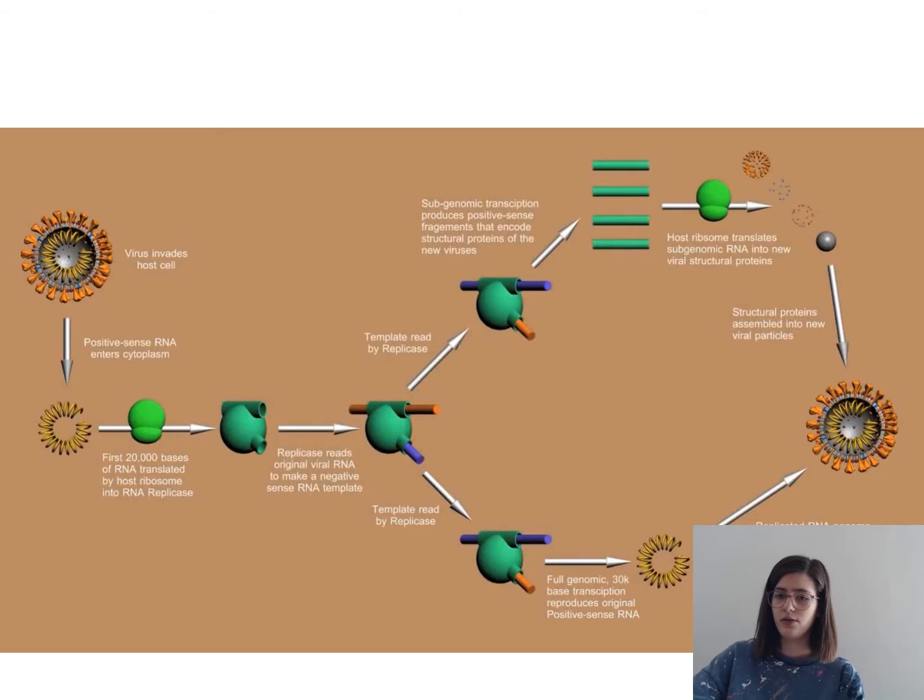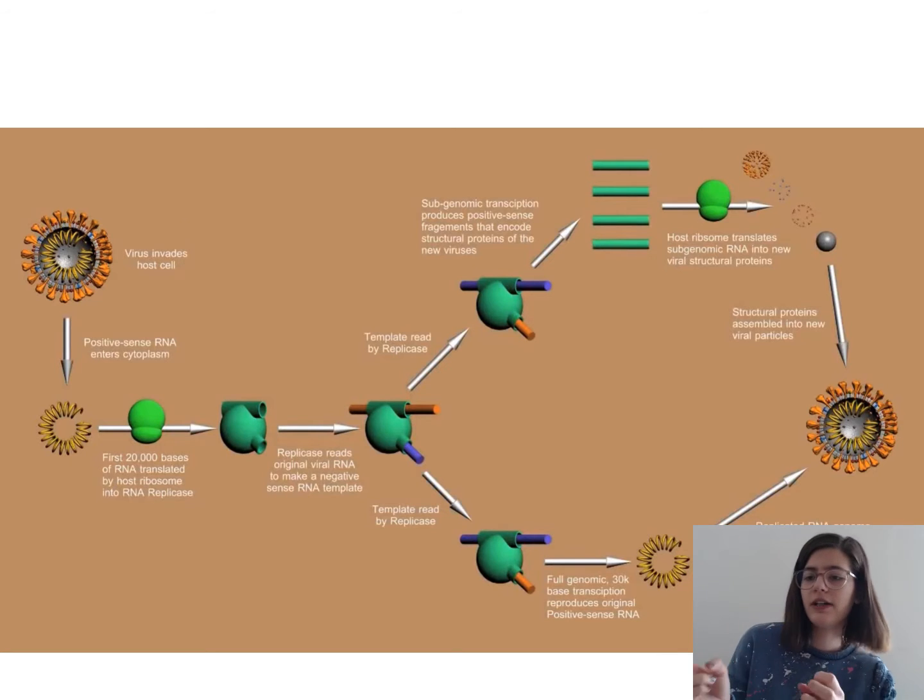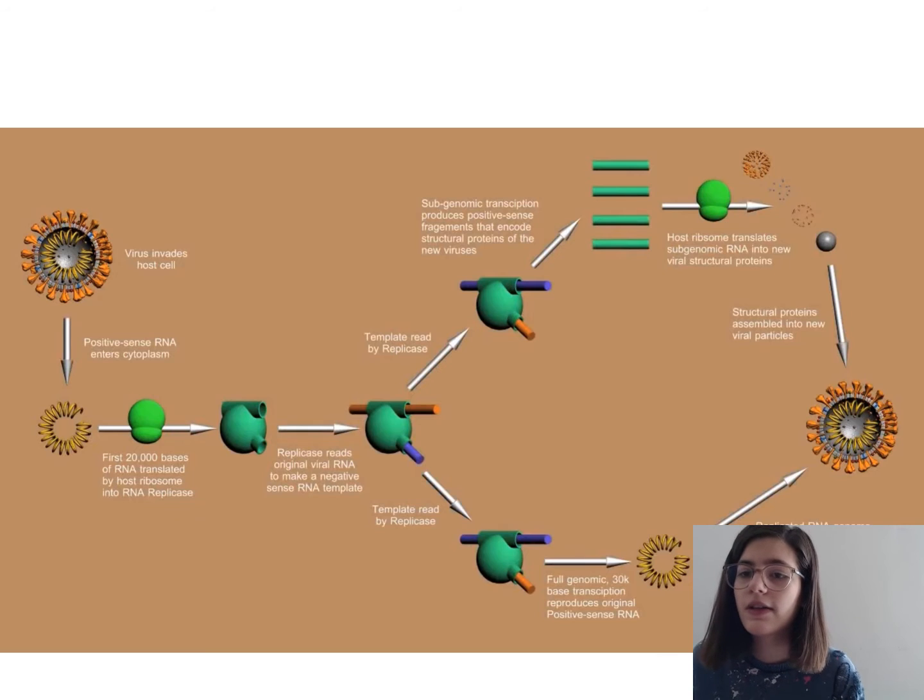And how it goes on is this way. So the first 20,000 bases of the RNA are translated into an RNA-dependent RNA replicase, which kind of functions as a ribosome. It takes that positive sense RNA and feeds it through itself, and it pops out a negative sense RNA, which can either go through the RNA-dependent RNA replicase again and create small positive sense RNAs like these ones right here, which will be